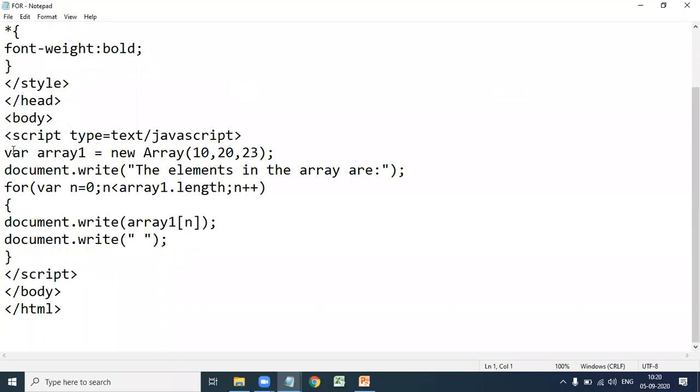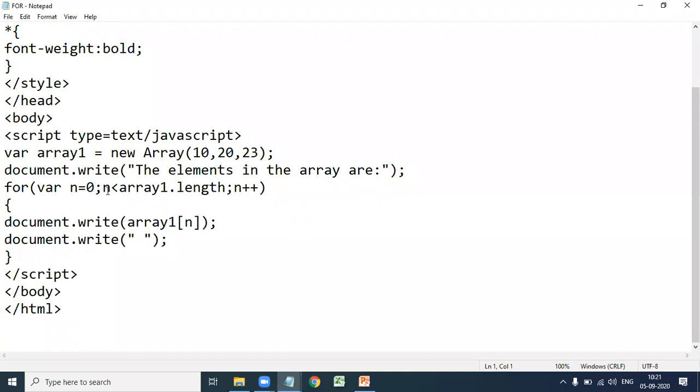So here there is an array, var array1 equal to new Array of 10, 20, 23. So there are 3 elements in the array, and the array size is 3. Next, the for loop: first initialization, that is n equal to 0. Next condition, n less than array1 dot length, that is array1 dot length is 3, that is n less than 3.